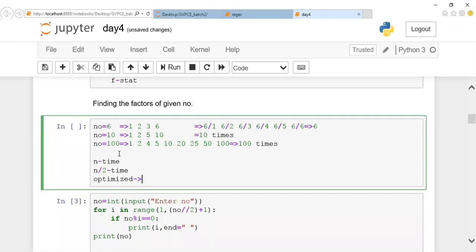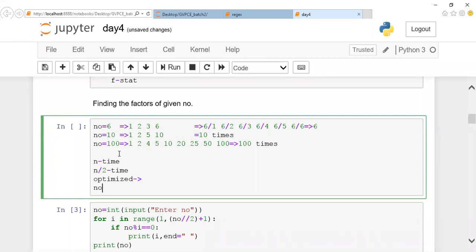This is not even an optimized way. Going half of the number is also not an optimized way. I do have one more optimized way. The reason is, if the given number is like 10 to the power 8 or 10 to the power 5, if the number range is given like this, sometimes you can find your task will be very simple, guys. They'll be giving find the factor, but the factor range will start from the number,